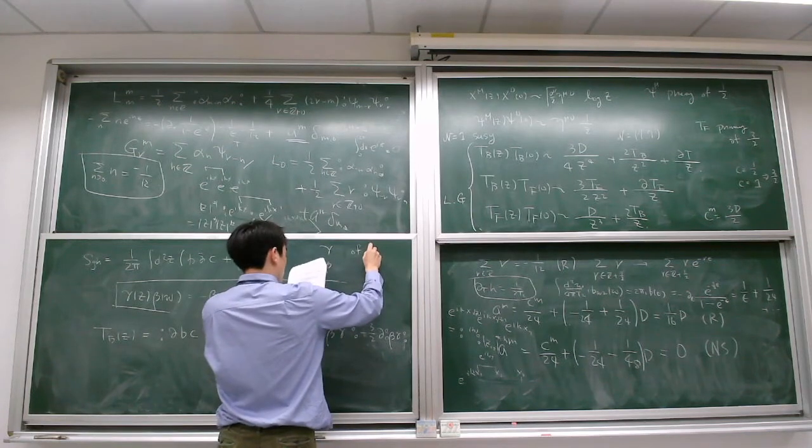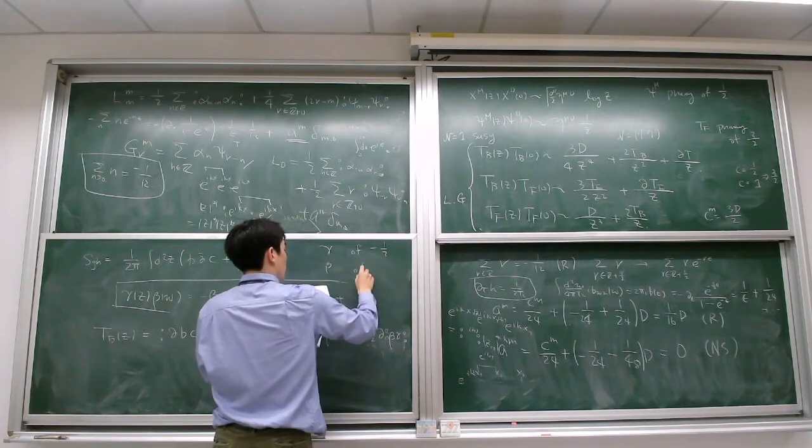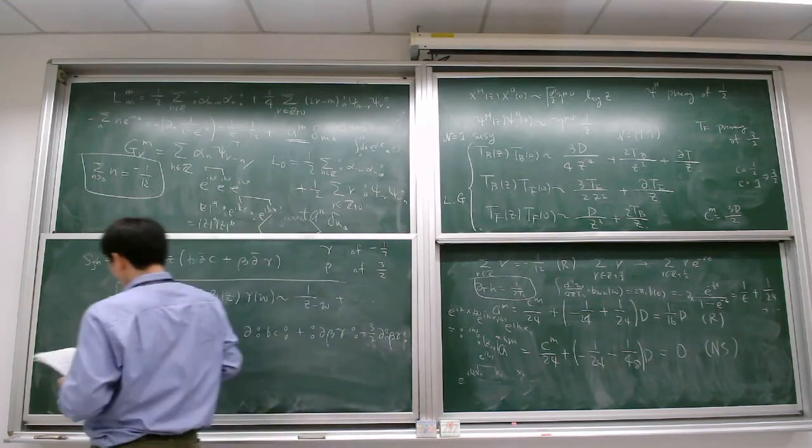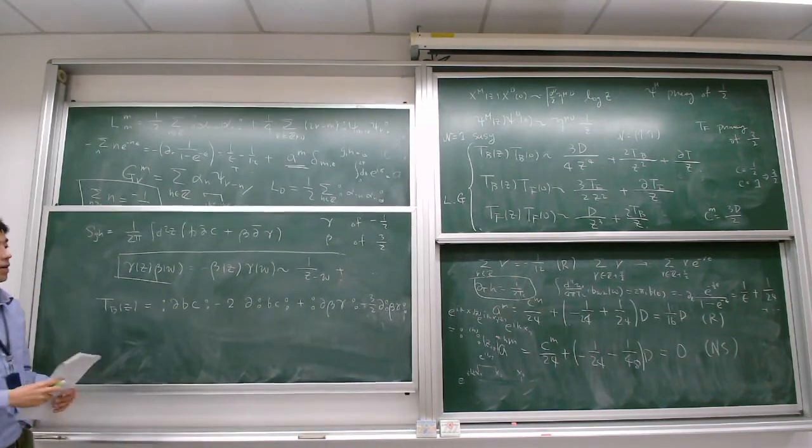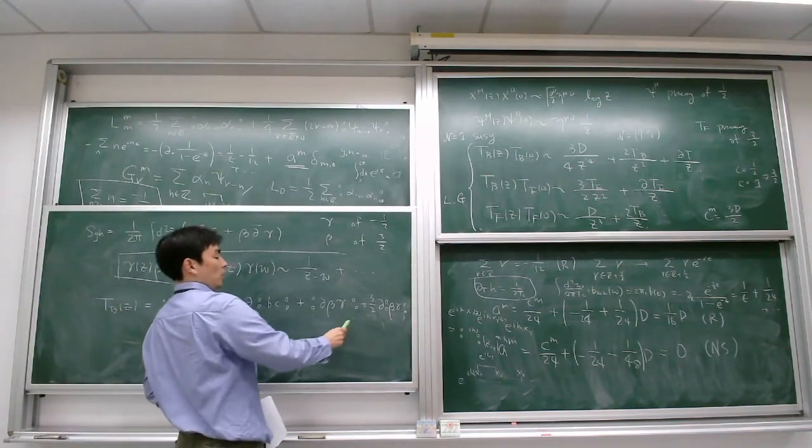Yeah, this is minus 1/2 of 3/2. So that's so therefore that appears 3/2 appear here, and then if you take